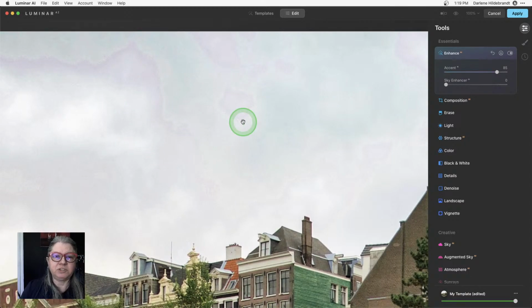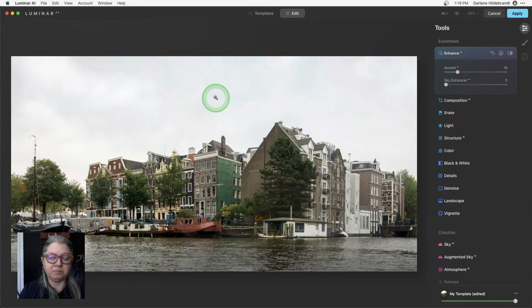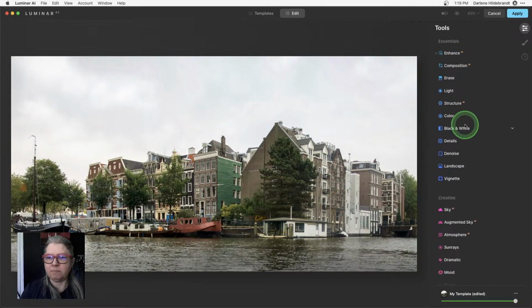This is because I'm starting with a JPEG, not the raw file. So if you have a raw file to start with, you'll get a lot less of this sort of pixelation the further you pull your image, right? So if you have a JPEG, you have to really be careful of taking it too far and watch for those pixelation things, especially in the sky, okay? So I'm going to pull the Accent AI up a little bit, and we'll come back to that one after